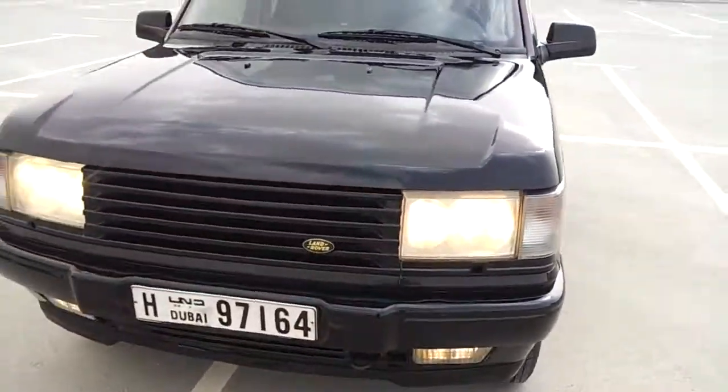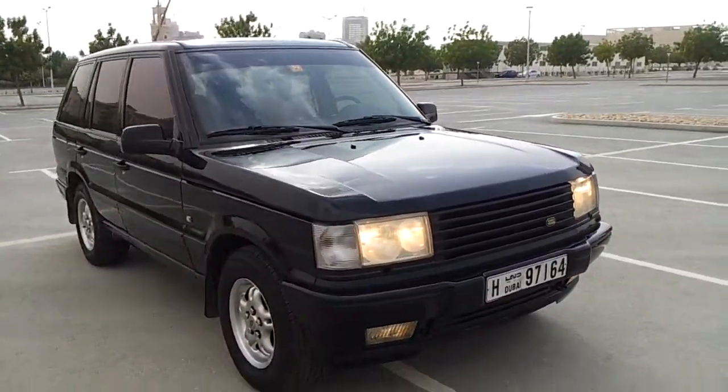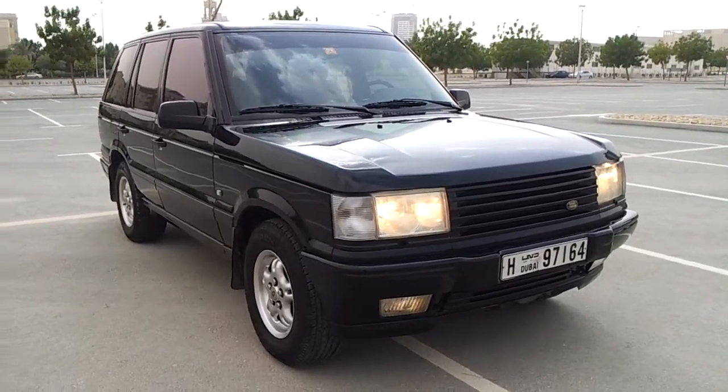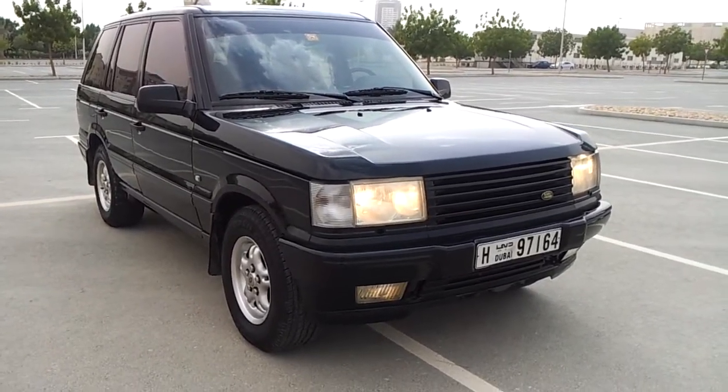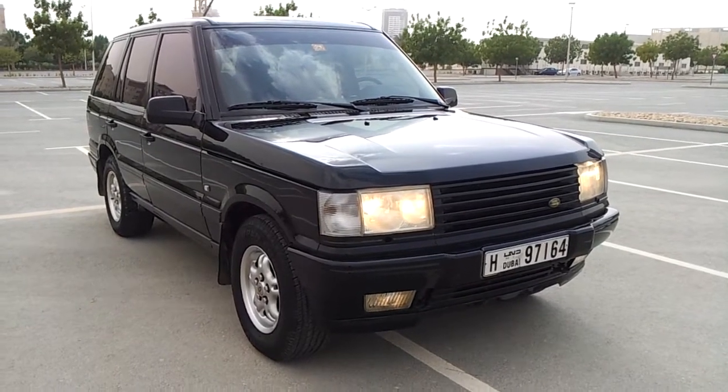The car really does turn heads wherever it goes because, of course, regardless of the fact that it's a 1999, it is in very good condition and is definitely a future classic. This is, of course, the Range Rover 4.6 litre HSE, and we're very glad